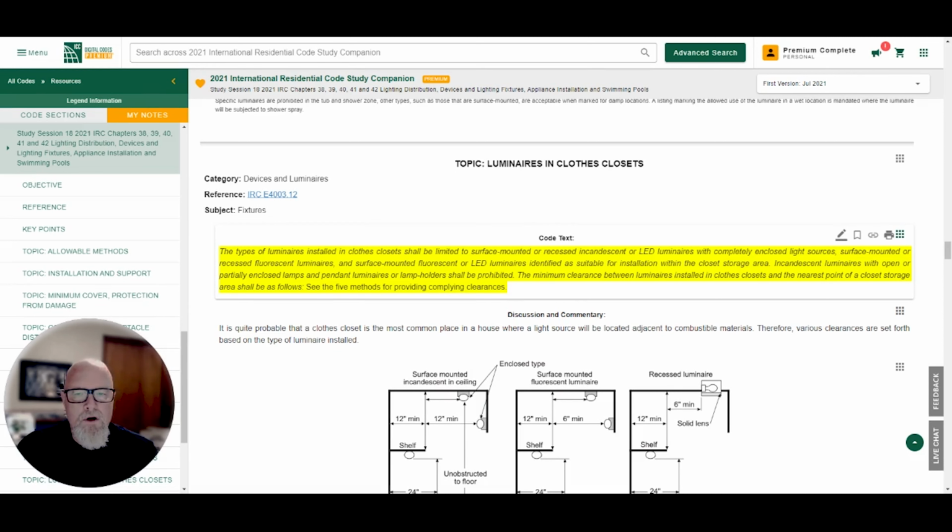Incandescent luminaires with open or partially enclosed lamps and pendant luminaires or lamp holders shall be prohibited. The minimum clearance between luminaires installed in closed closets and the nearest point of a closet storage area shall be as follows. See the 5 methods for providing complying